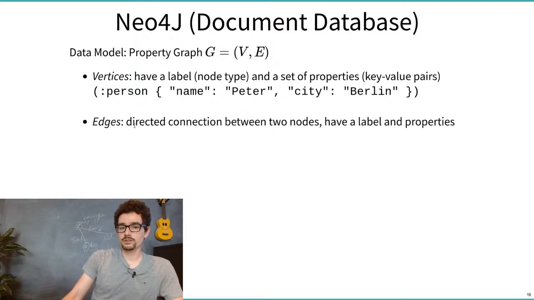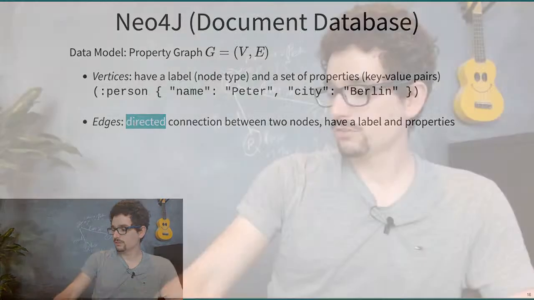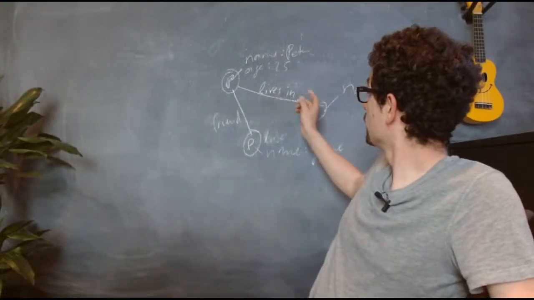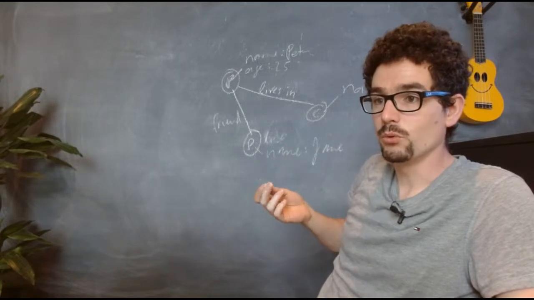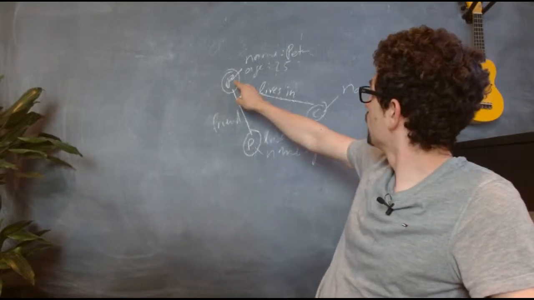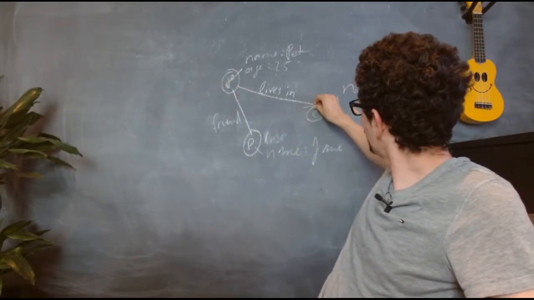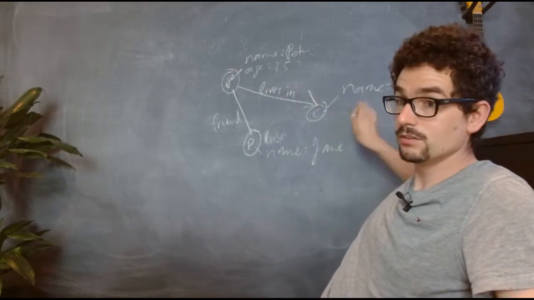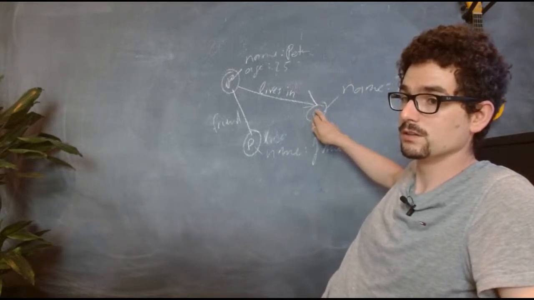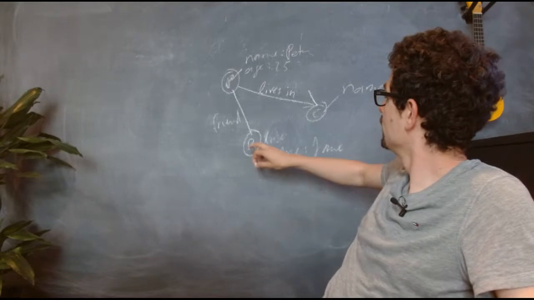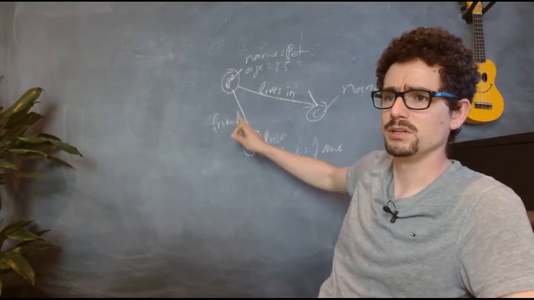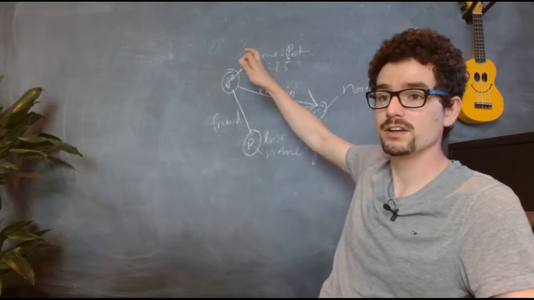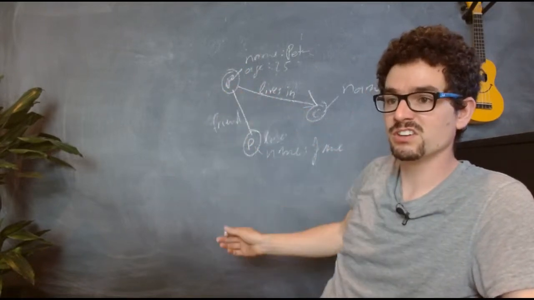And edges are a directed connection. So let's correct this here. Edges are directed edges. So Peter lives in Berlin. So this must be not a line, but an arrow. And Peter has a friend. Has Peter the friend Jane, or does Jane have the friend Peter? So basically, this is an